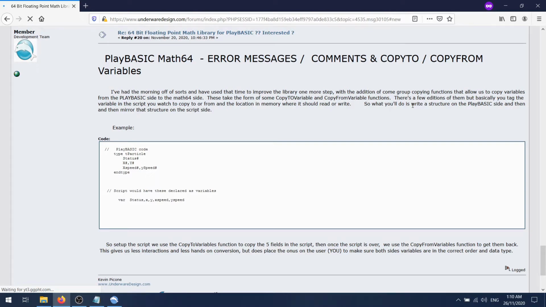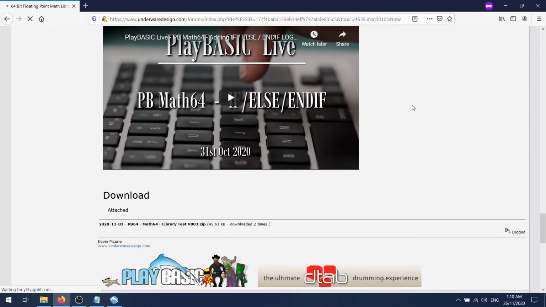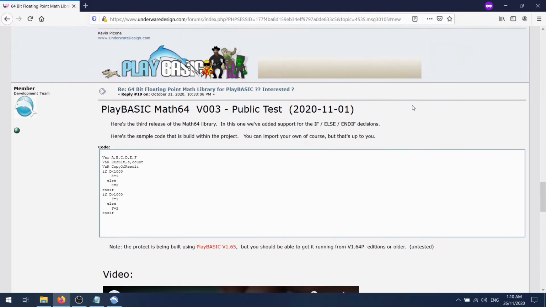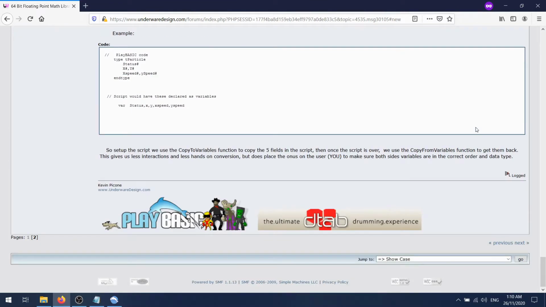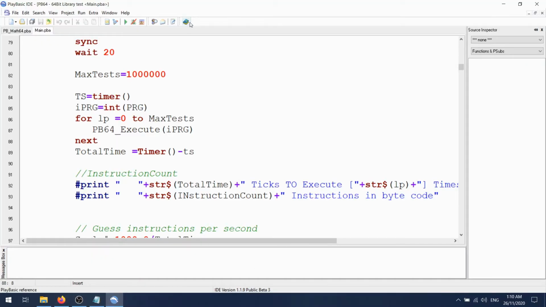So I've been mulling over ways of how to communicate the script variables with your own variables. I thought, well, I can make a fancy solution, I can make a simple solution. So I thought we'll go with a simple solution, and if it's even worth doing for performance reasons to write scripts that are exported to Math64, then we'll worry about a more elegant way of doing this. At the moment, what we're actually creating pretty much is really a fast